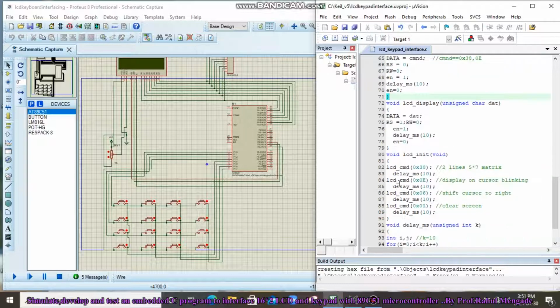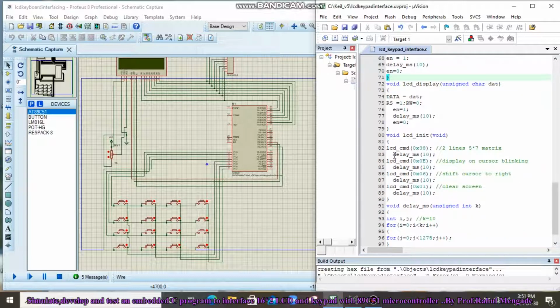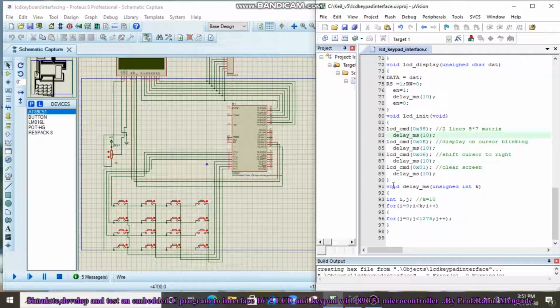Then the program will come here, delay underscore ms in bracket 10. Again the delay function is called, so a 10 millisecond delay is generated, that means this function is executed. Again the program will come here, then the 0e value is passed from the command function.